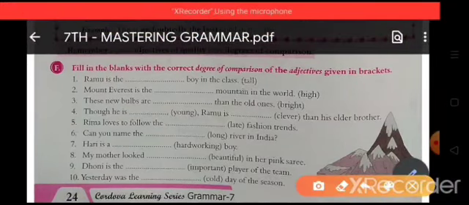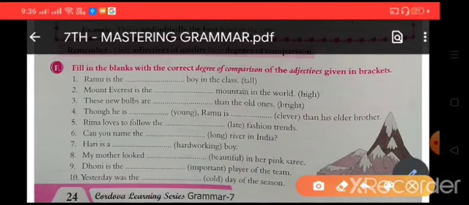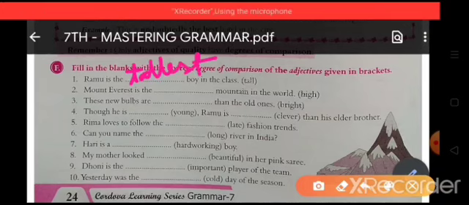Ramu is dash boy in the class. So Ramu is the tallest boy in the class. Now Mount Everest is the highest